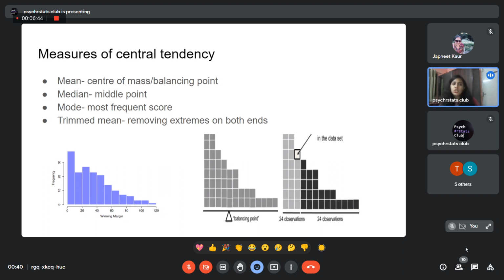But if you add a data point of 10, your mean would increase. But it's not necessarily representative of the data, because there is just one outlier. And that outlier will be inflating your entire mean score. So which is why when we have outliers in data,